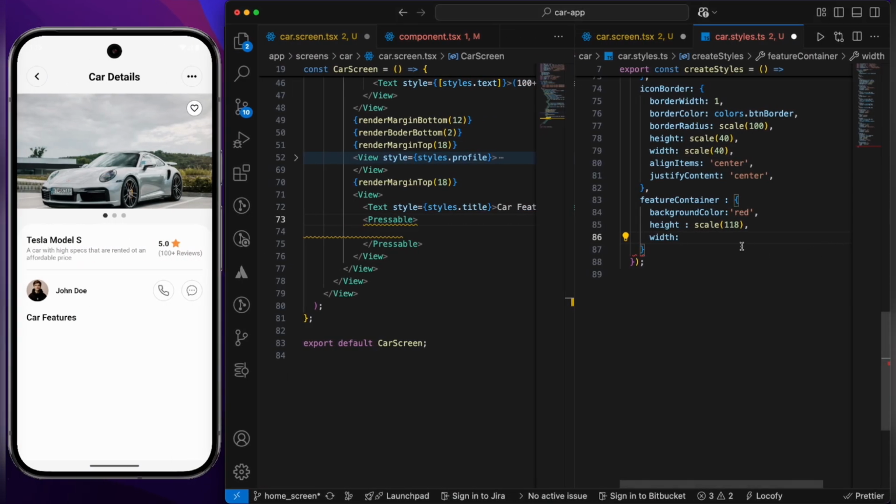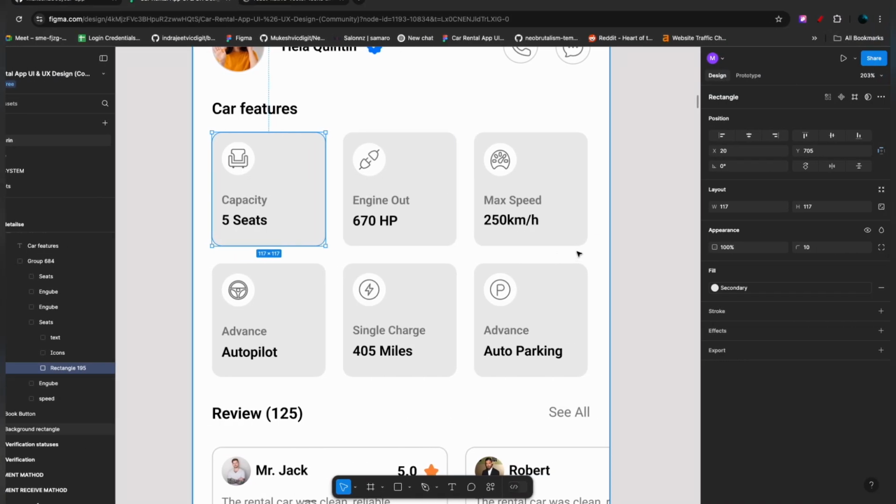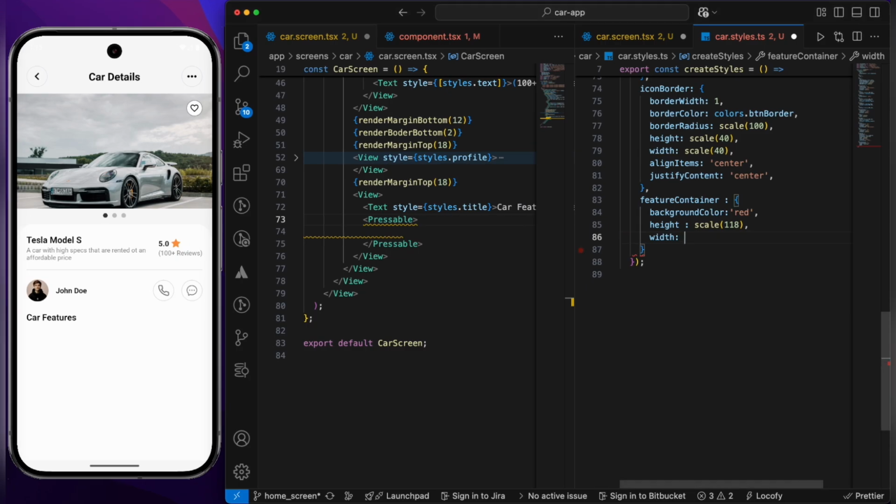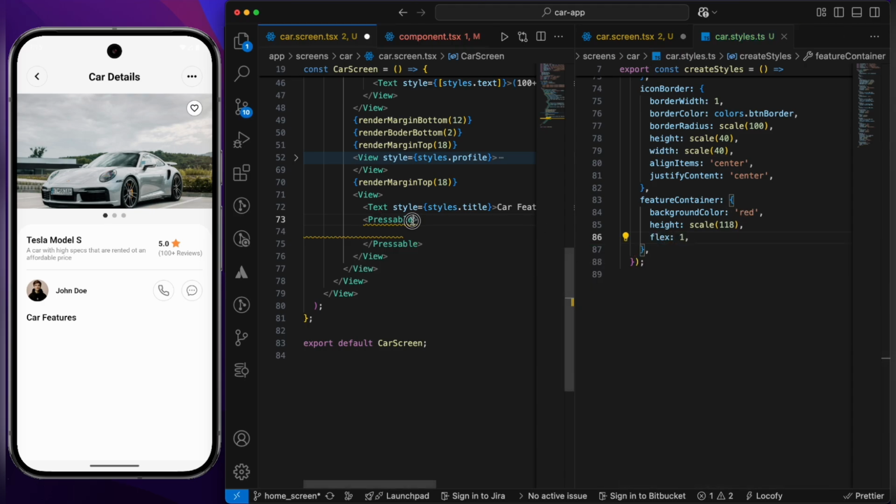So if, let's suppose, there is a tablet, for that it should take at least 4 or 5 containers instead of 3. So I'm going to leave the width part and give the flex. Let's use the flex 1. Let's add it over here. Style is equal to styles dot feature container,